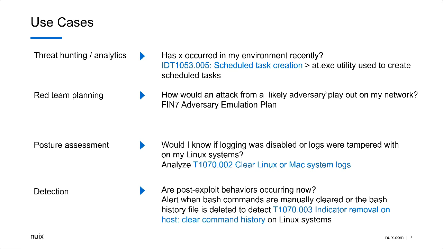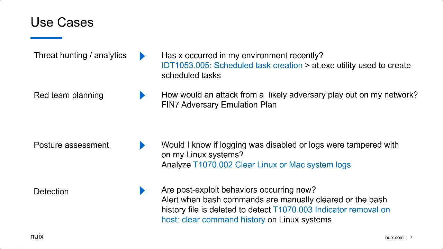So the question here is, would I know if logging had been disabled or logs had been tampered with on Linux? And so I can look into T1070.002